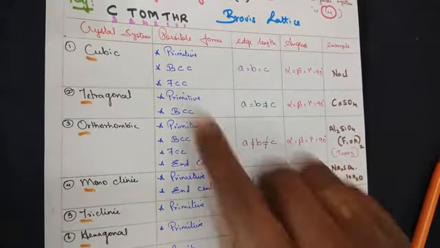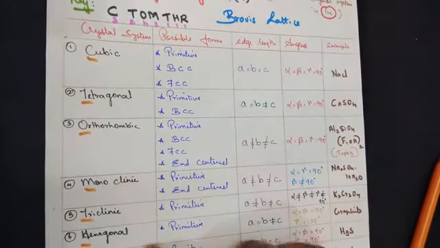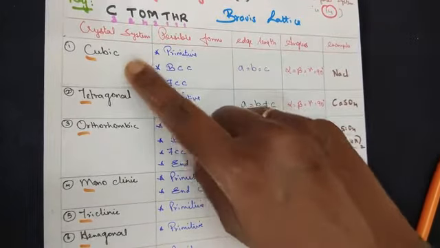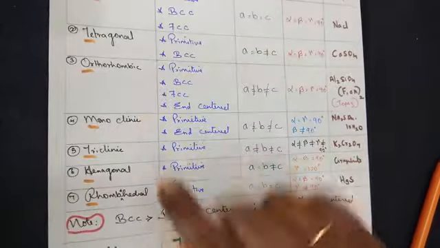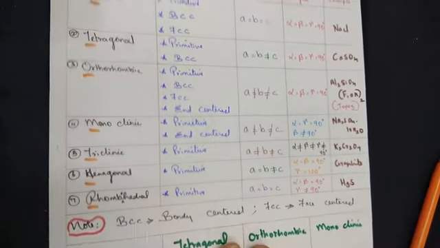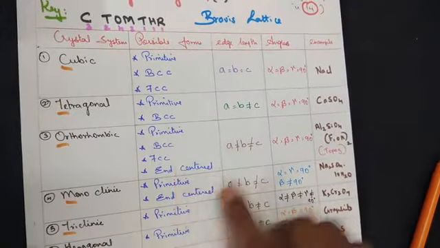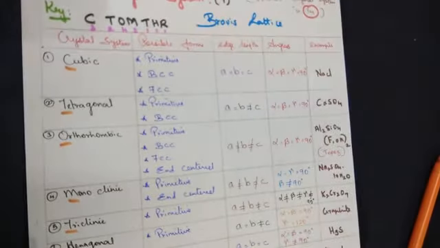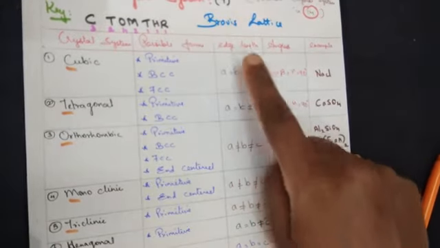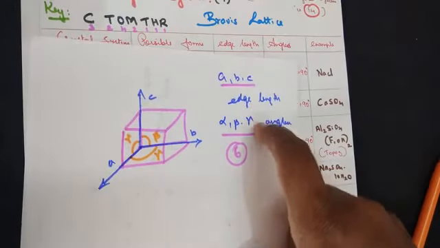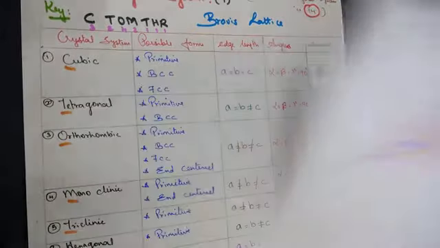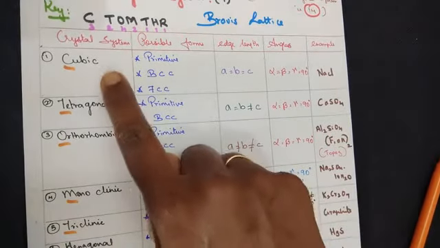So I have given the crystal systems. The names of the crystal systems are given: cubic, tetragonal, orthorhombic, monoclinic, triclinic, hexagonal and rhombohedral. We'll come back to it later. Let's see the edge length. Now you understand the parameters, edge lengths and angles, that we are talking about. They are called parameters, as I told you, based on which each crystal structure is studied. Now cubic, remember the easy point that I'm going to tell you.